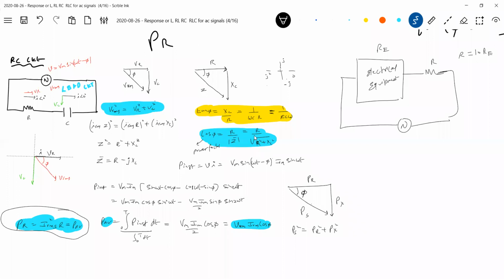Is it okay? So now, if by chance this voltage increases, tell me where the voltage drop will be more. The voltage drop will be more across the resistor than across the electrical equipment. And when you make R 10 times RE, if the equipment consumes 100 watts, how much will this consume? This will consume 1000 watts. Means if you get a 100 rupees bill, 90 rupees is due to this and 10 rupees is due to the electrical equipment.